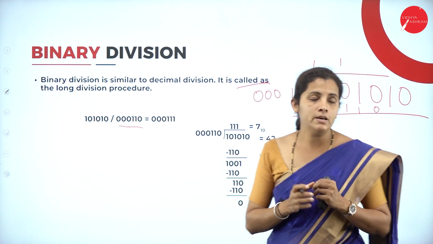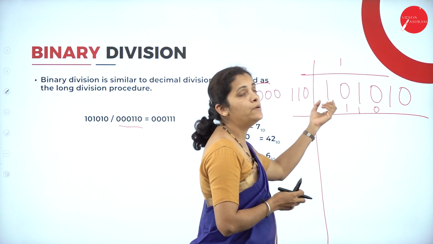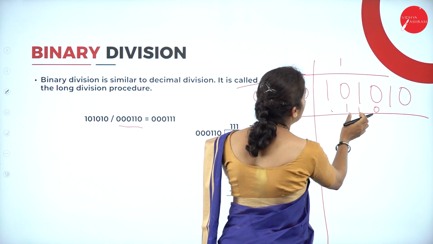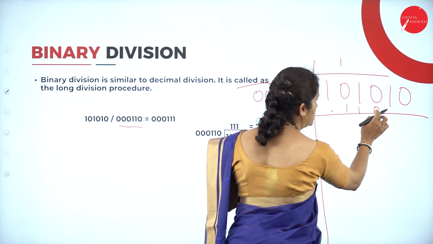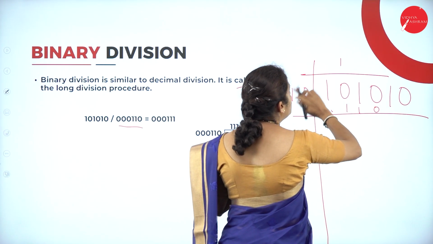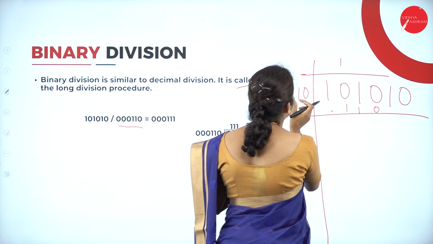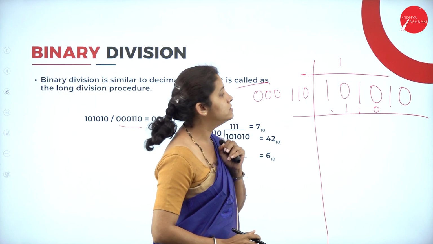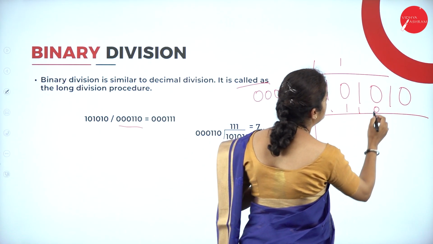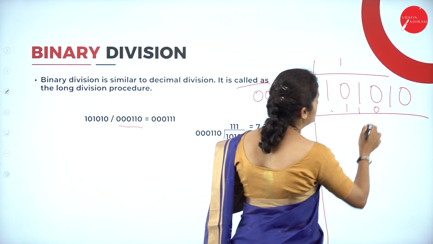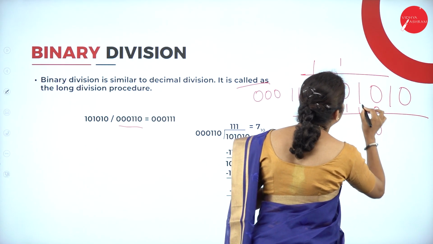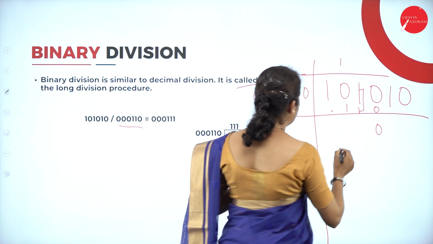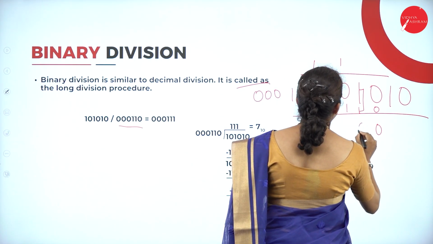This is the divisor I have. So ones are, I have 1, 1, 0. Please remember here I'm going to leave one bit. After that I'm going to place. So what is the divisor I have? 1, 1, 0. That means 1 ones are, I am going to get 1, 1, 0. So I am going to place here. Now I am going to subtract. 0, 0, it is 0. Here I have 1 and 1. 1 minus 1, it is 0.